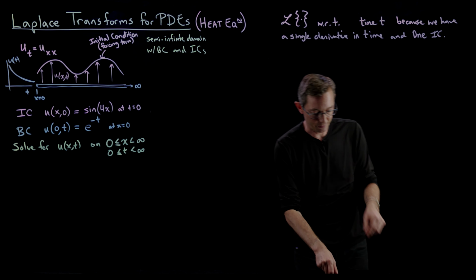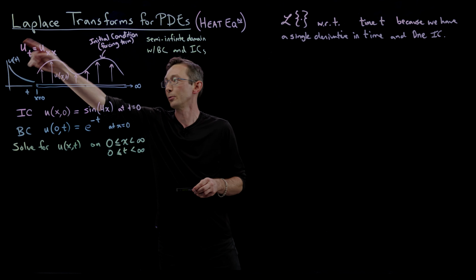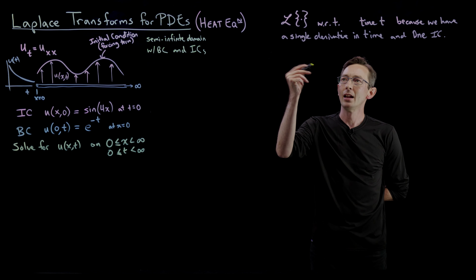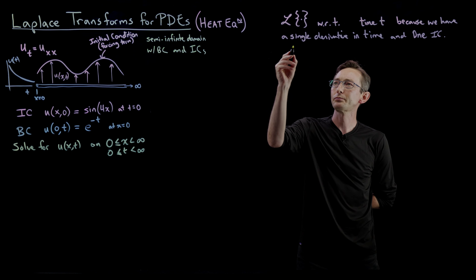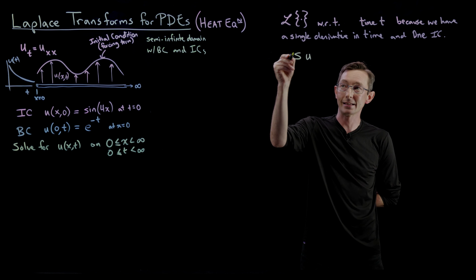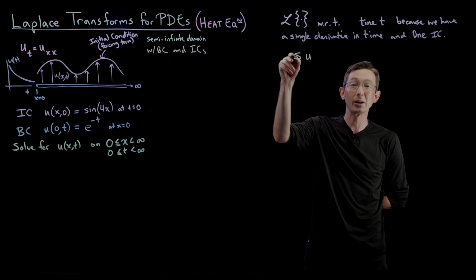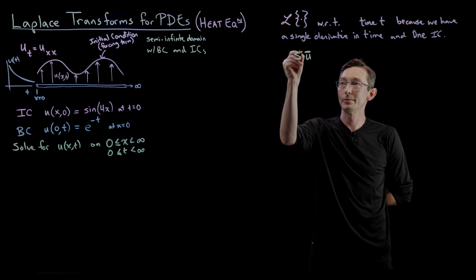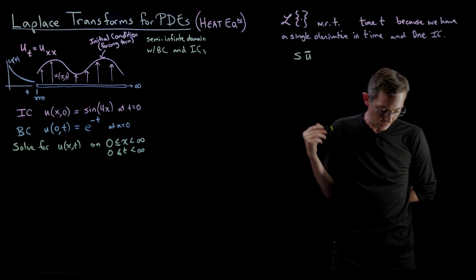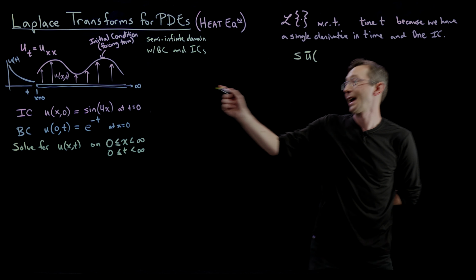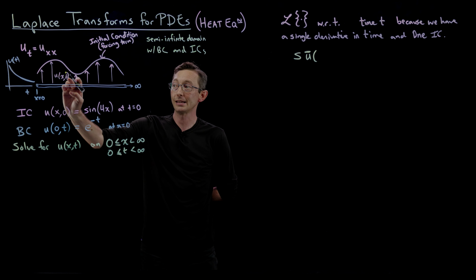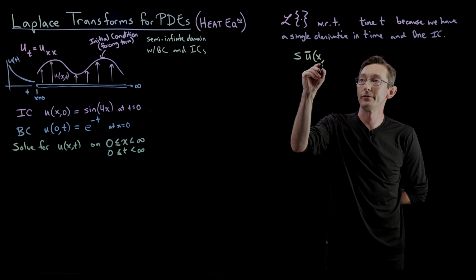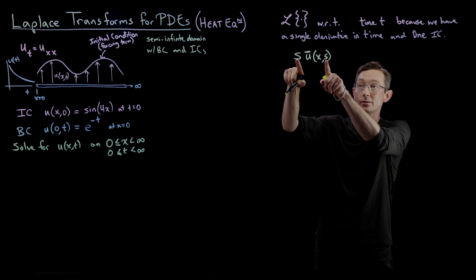Okay, so this is the easy part. We're just going to do the Laplace transform, with respect to time. Remember that if I Laplace transform with respect to a variable, I get something like s, my Laplace transform variable, my frequency domain variable. This is kind of the analog of the Fourier frequency for Laplace. s times u bar is my Laplace transform of u. And now this is no longer a function of space and time, it's a function of x and s, because I'm Laplace transforming with respect to time,